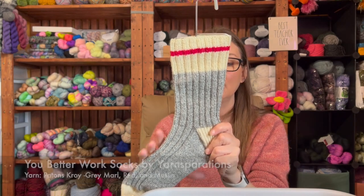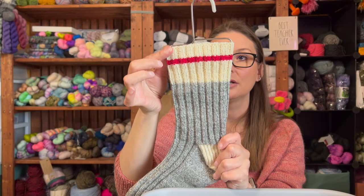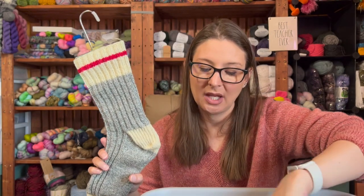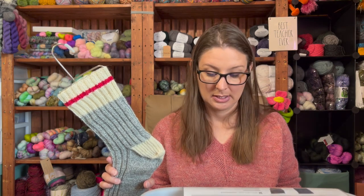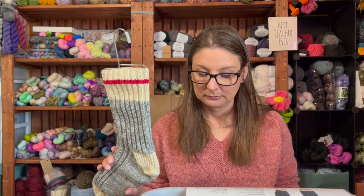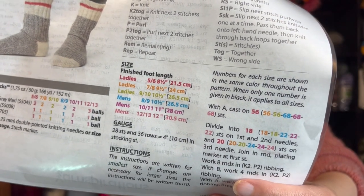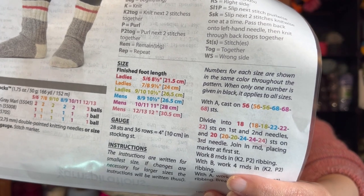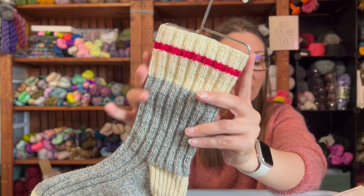I did modify the pattern a bit. I followed their guidelines. I have the pattern right here. It has different sizes than what I am used to. So it says either cast on 56, 62, or 68 stitches. I cast on my usual 64. I did a 2x2 cuff. I cast on with a German twisted cast on, and then I followed